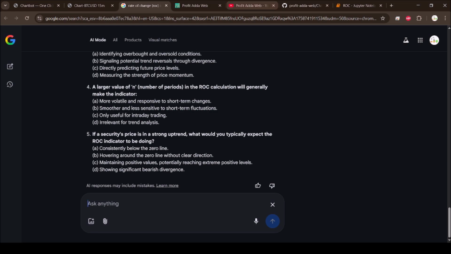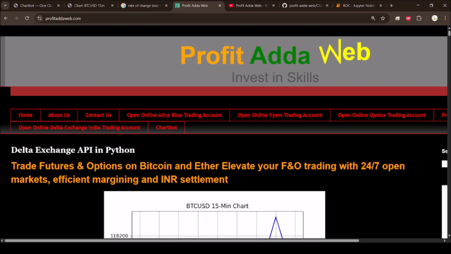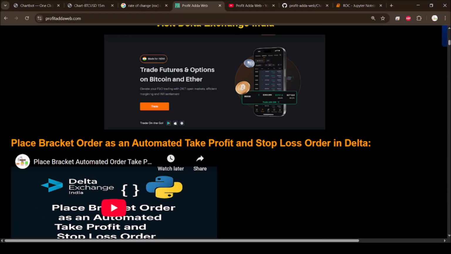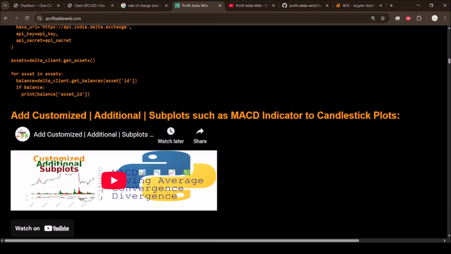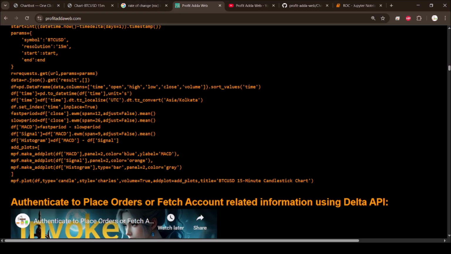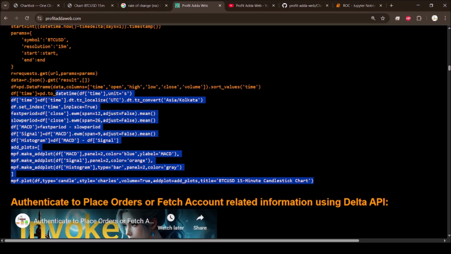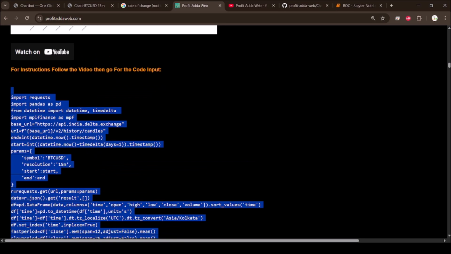Okay, so right now we will go with the coding part. Okay, so we have done with ROC. Now we have to go with the coding part. So first of all, I just take some of the plotting code. Okay, I already did MACD, and I take this and try to do